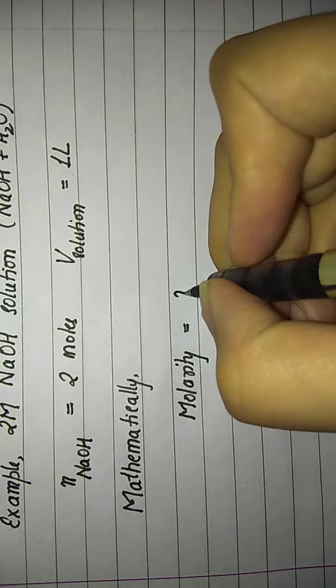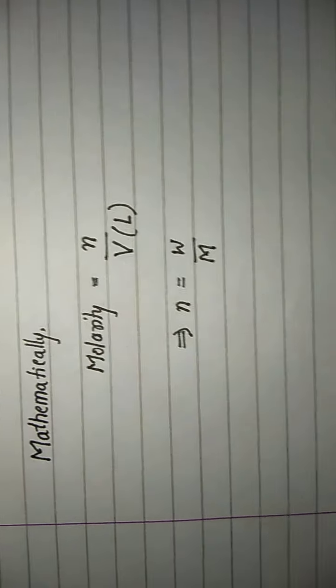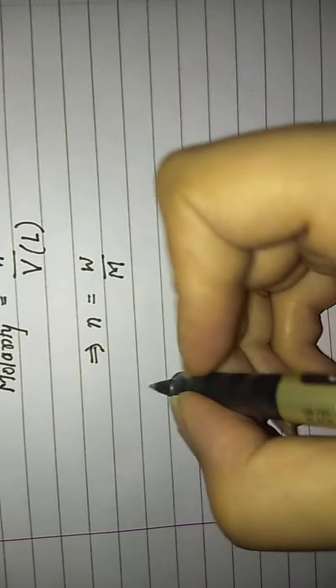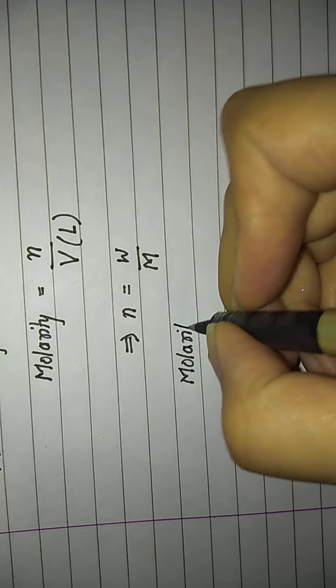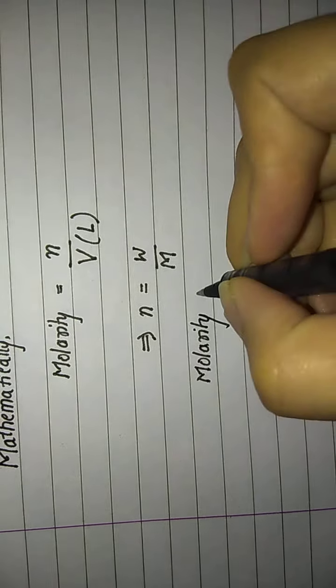Now in class 9 we have already done the mole concept, and according to that the formula for calculating the number of moles is given mass W divided by the molar mass capital M. Fine. So what I do is I substitute the value of small n in this equation of molarity. So what I get here is molarity will be equal to W upon M into V.